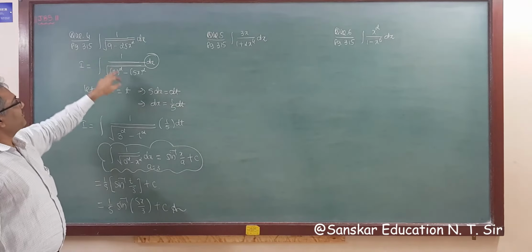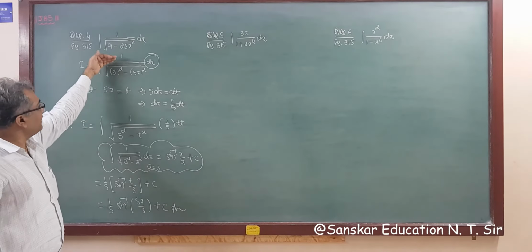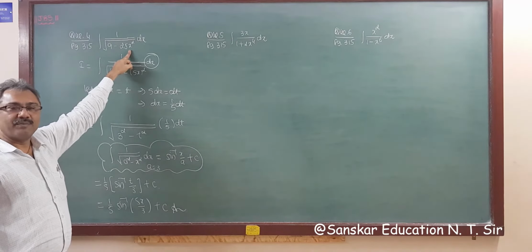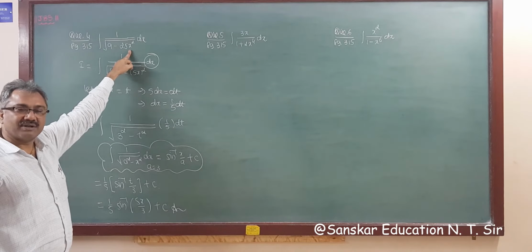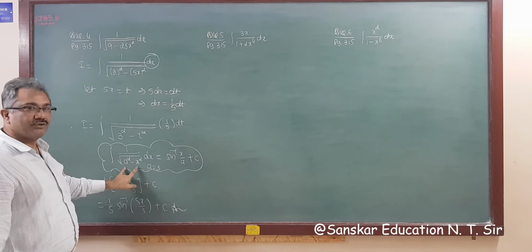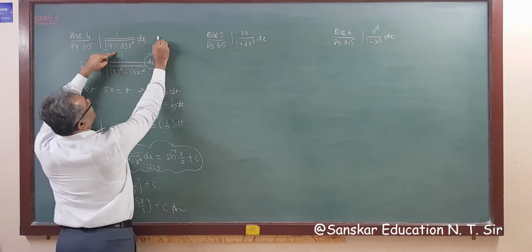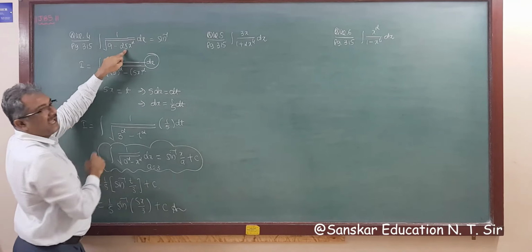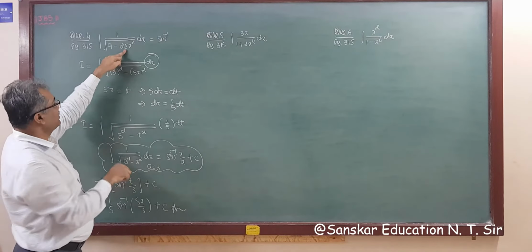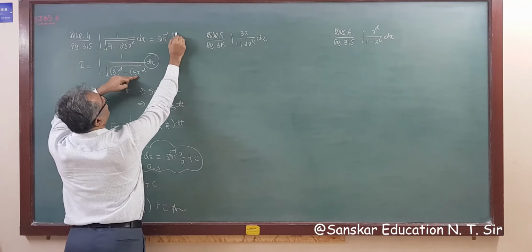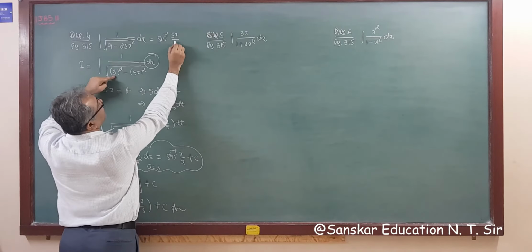Now see, from here there is no need to write any more steps, that you know. This is a formula for 5x whole square, which is 25x square, right? And this is the formula of this that you know. So what is your answer? Sine inverse, so this is your sine inverse x, where x is 5x whole square. So if you come here now, then x is 5x upon a, which is 3.